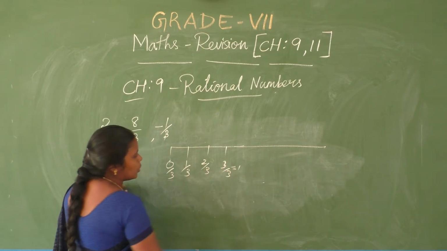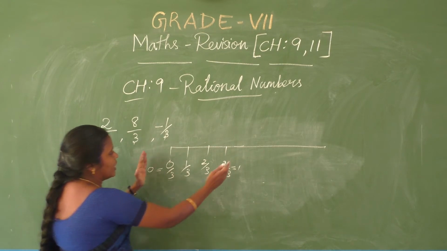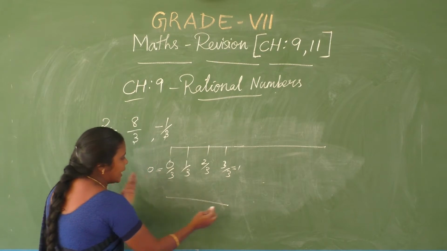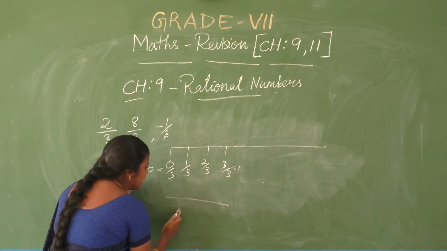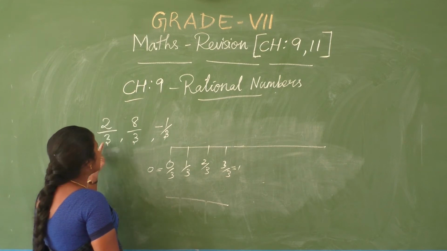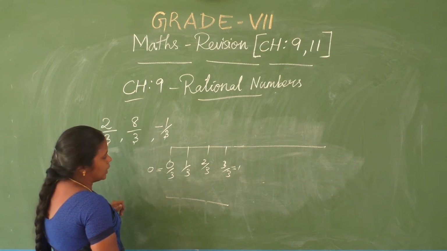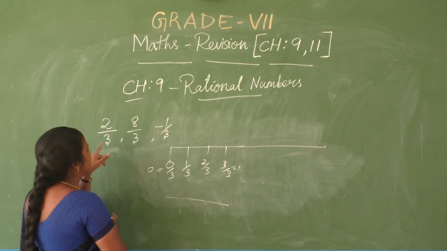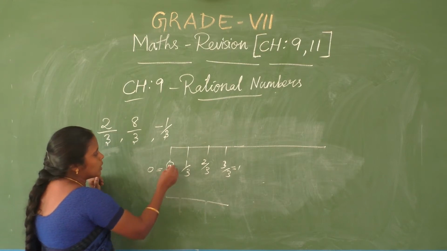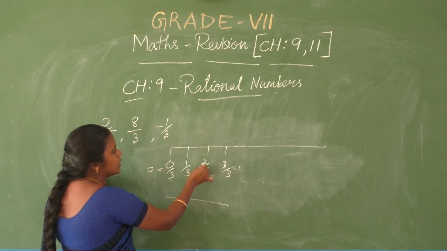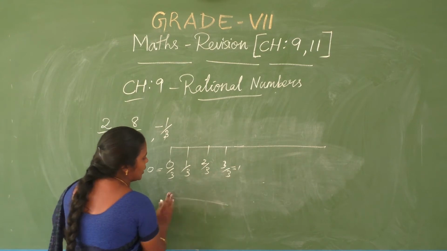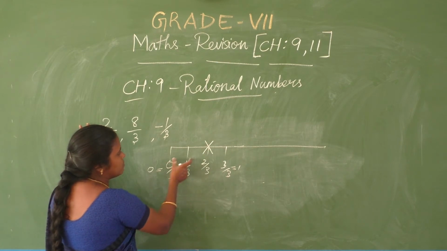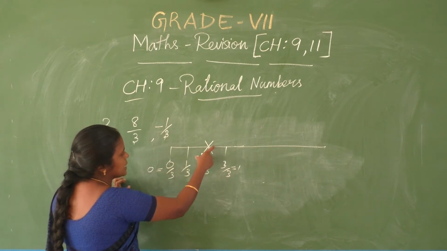The 3 by 3 becomes 1, no? 0 by 3 becomes 0. So, the 0 to 1 interval I have taken, I cut into 3 pieces, because this is not a whole but pieces only. So one whole interval I have taken and cut into 3 pieces because of my denominator 3. So 0 by 3, 1 by 3, 2 by 3, 3 by 3. 3 by 3 is nothing but whole number 1. Okay. Now 2 by 3 means which place? This part. First part, second part. Out of 3 pieces, the second part.